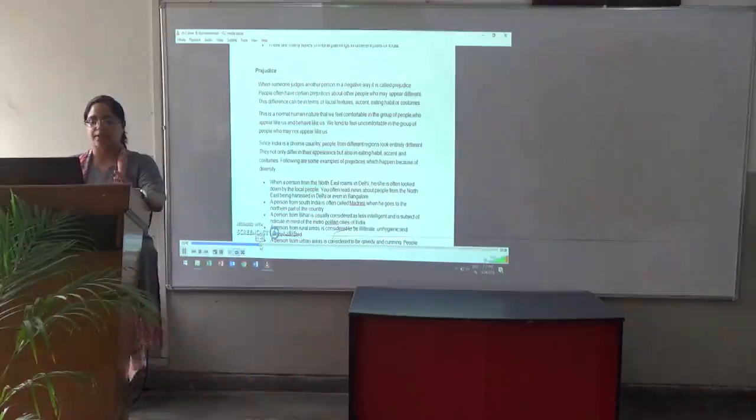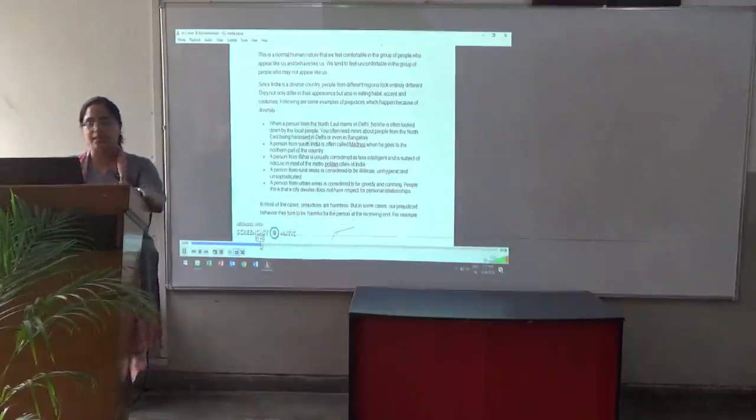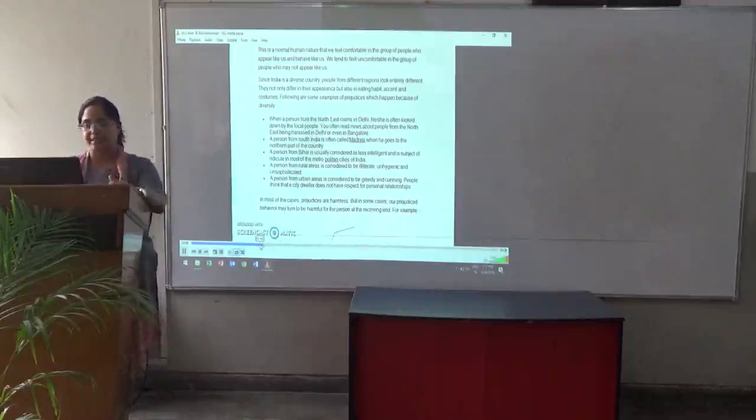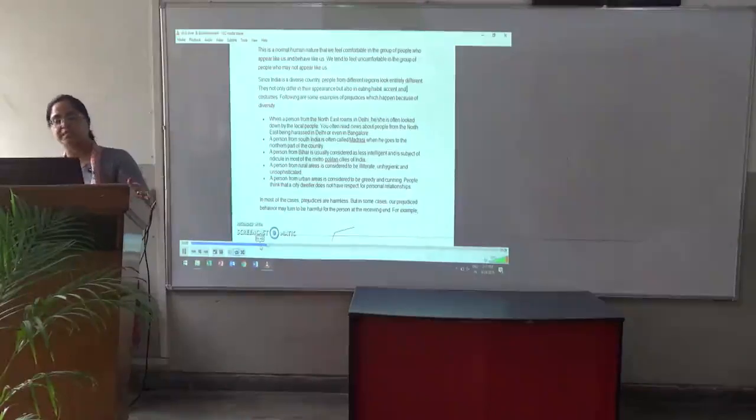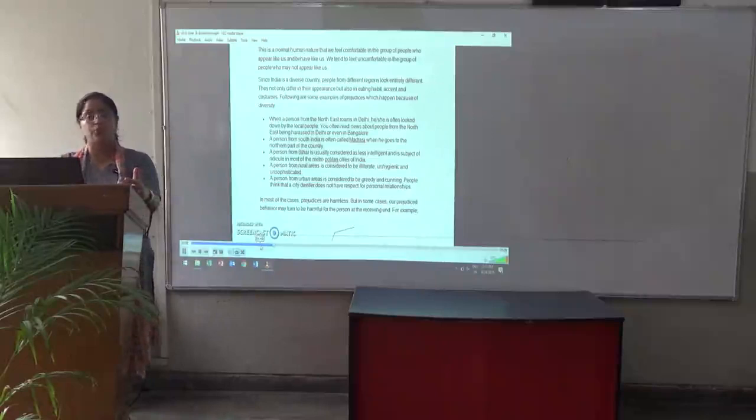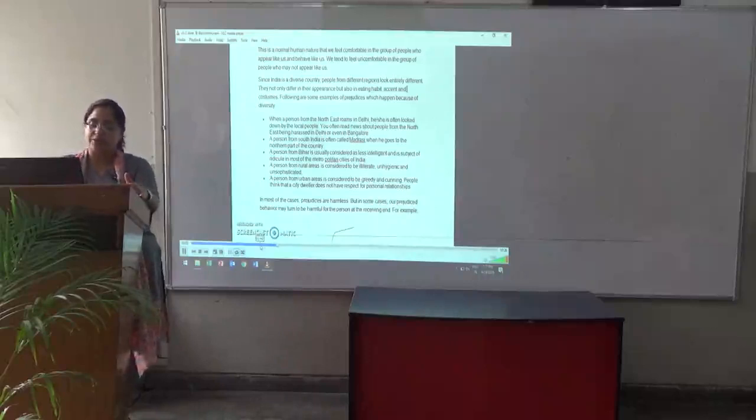Now another term. Before we start with another term, let's see a few more examples and let's talk more about prejudice. When a person from northeast roams in Delhi, she is often looked down upon by the local people. You often read news about people from northeast being harassed in Delhi or even in Bangalore. A person from South India is often called Madrasi when he goes to the northern part of the country. A person from Bihar is usually considered as less intelligent and is subject to ridicule in most of the metropolitan